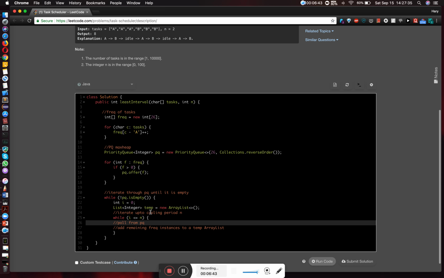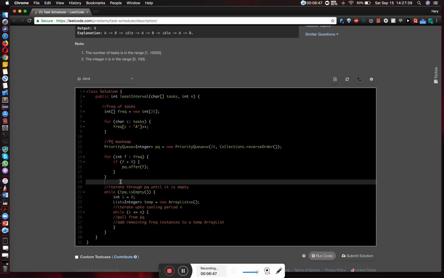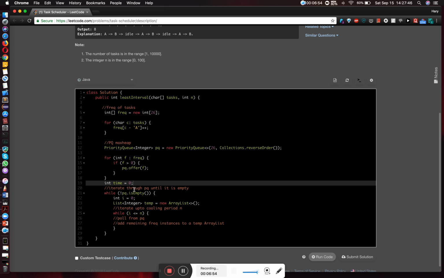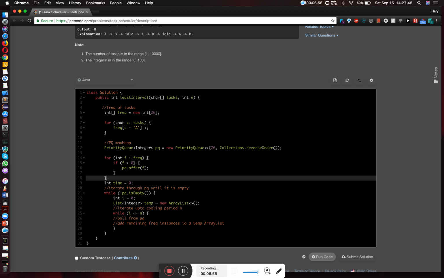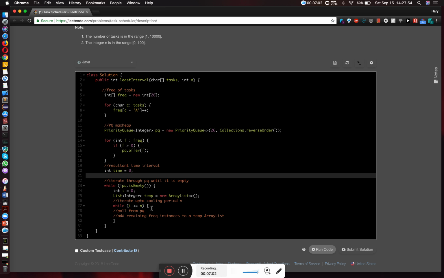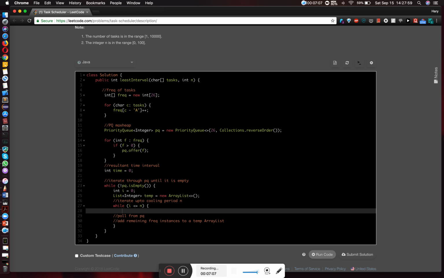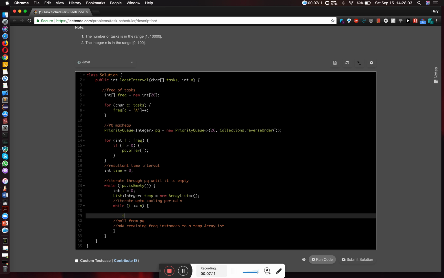Now you'd want to have a resultant time interval variable which you would increment after accounting for each task, and that shall be eventually returned. Now before polling from the queue, you need to ensure that the queue is not empty. So you check